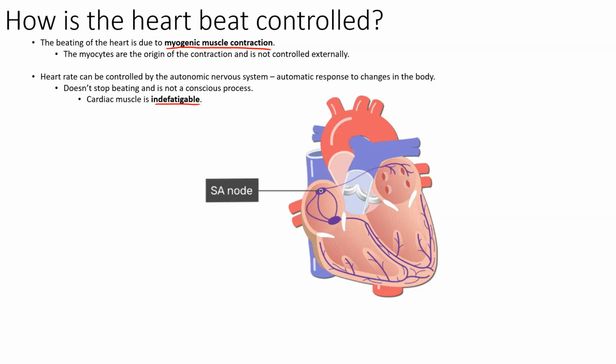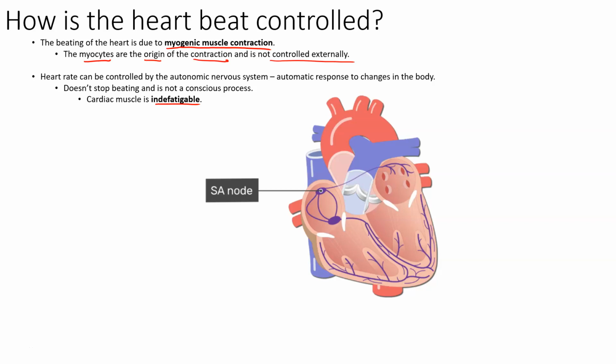Myogenic muscle contraction means that the heart is made of muscle, it's made of myocytes, and these myocytes are the origin of the contraction, and everything contractually speaking happens in-house. There is no external force that impacts the rate at which the heart is beating during times of rest. Normal heartbeat, resting heart rate, is controlled in-house, internally, and is not dictated by any external factor,